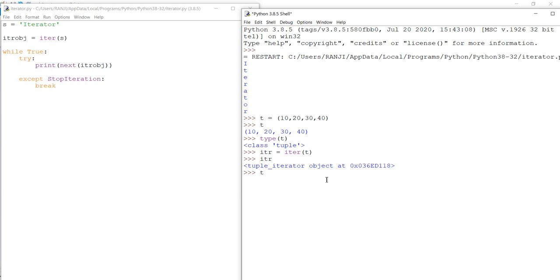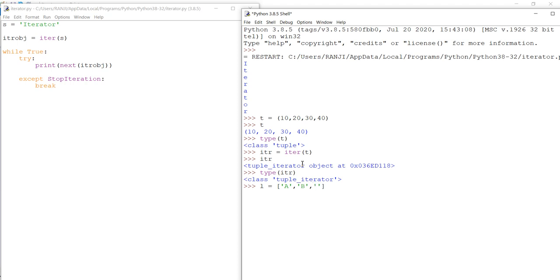And if I check the type of itr now, it is of tuple iterator, where here in list or in string you had the str iterator. Now we can check this with a list. So with list, say we are having elements like a, b.